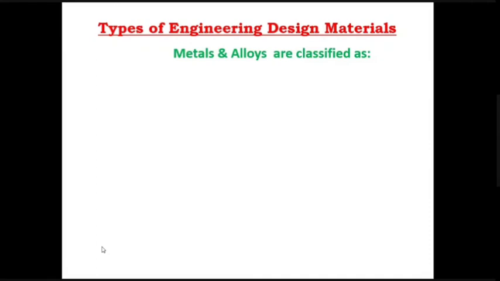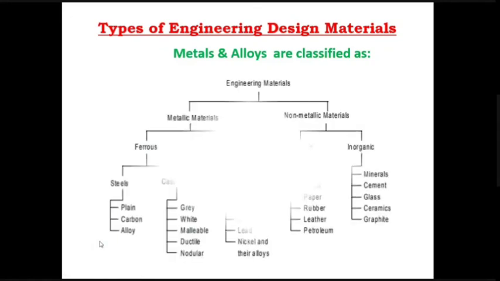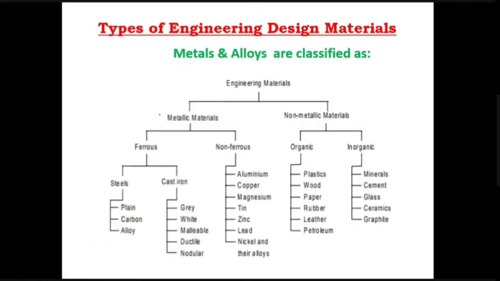Now I will just classify and then we'll stop. So what are the types of engineering materials? I am not going into all the types. I am just concerned with the metals and alloys because metals and alloys I'll be using in the syllabus. That is the design of engineering materials. Okay. So you should just know the classification. So engineering materials are classified as metallic and non-metallic. In metallic we have ferrous and non-ferrous.